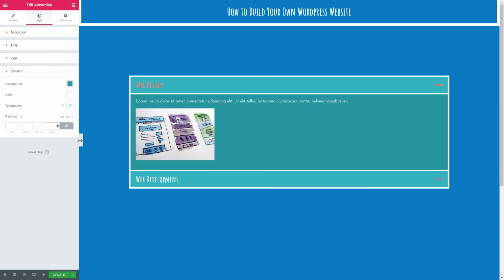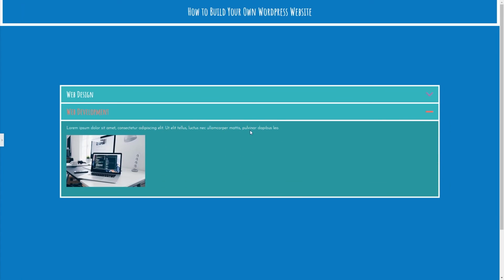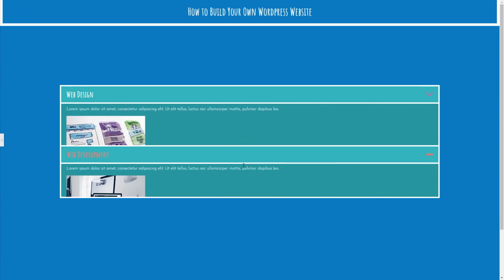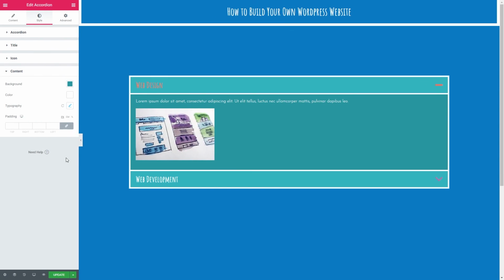Let's just check our work then. So I can click this tab here. We can click on our accordion and we can see how that flicks through the two. Let's open the tab back up, and because we're happy with that, we're going to click the green update button,